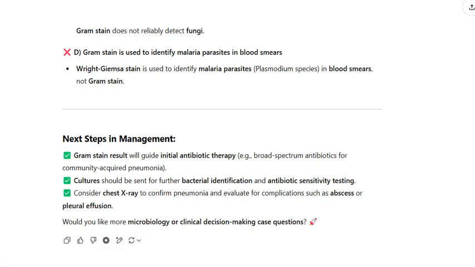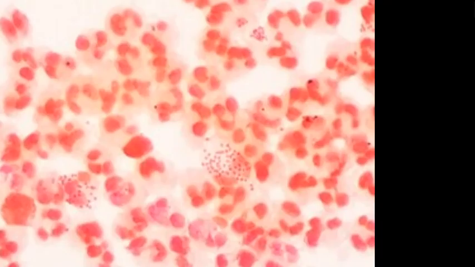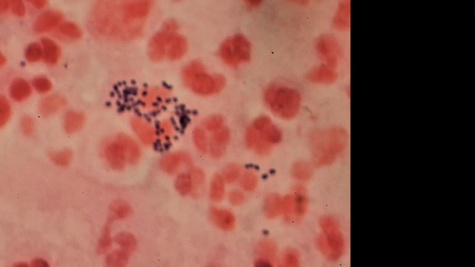Universidad de Medicina de Puerto Rico, gram stain use and comparison to other stains. Clinical case-based question. A 45-year-old male presents with fever, chills, and productive cough with yellowish-green sputum for the past 3